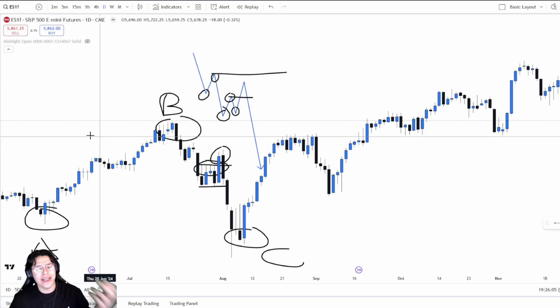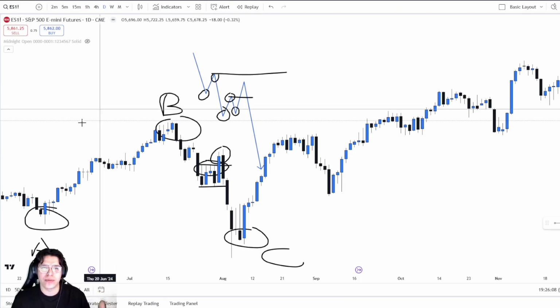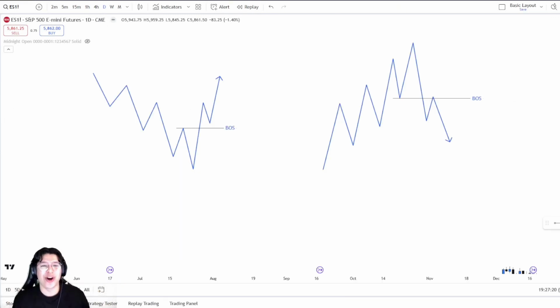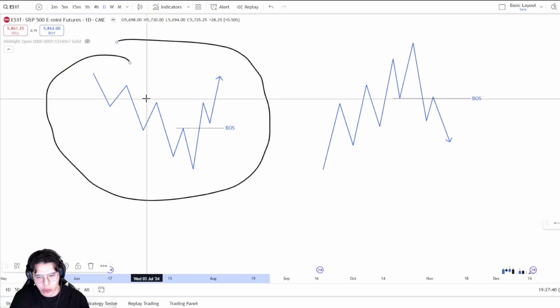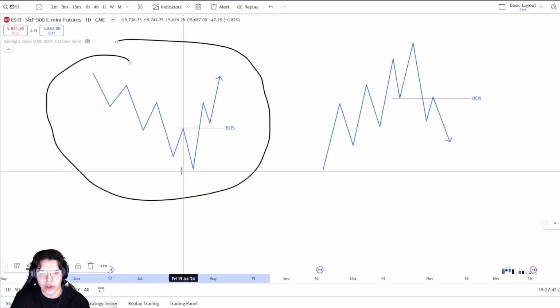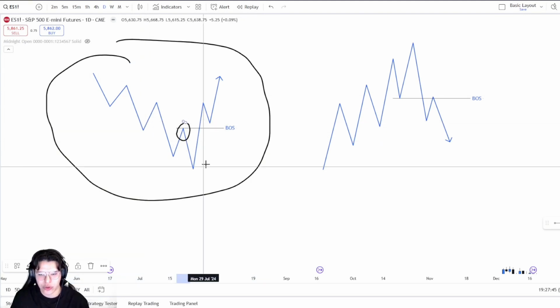So what is an actual break of structure? Okay, so breaks of structure are essentially going to allow us to take note when price action is giving us signatures of when we could be seeing a potential reversal or a switch in overall trend and direction. If we were developing to the downside, which is clearly what we see here, right? We see consistent lower lows and lower highs. A break of structure to the upside